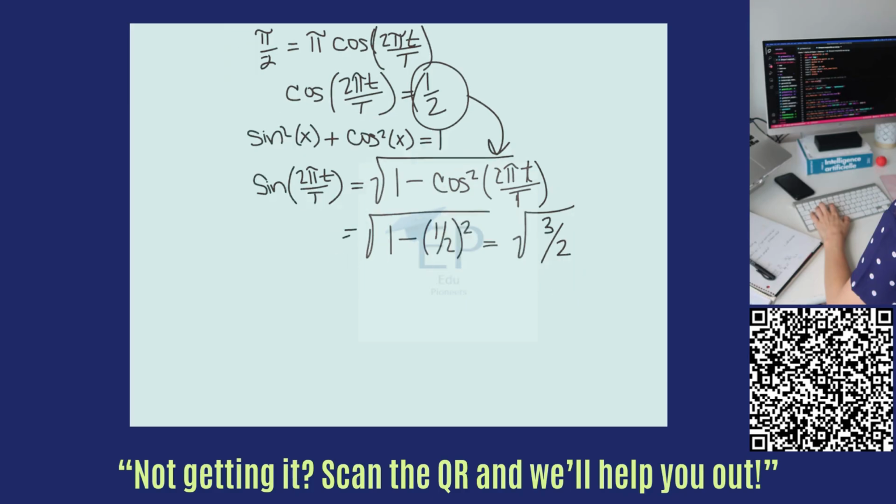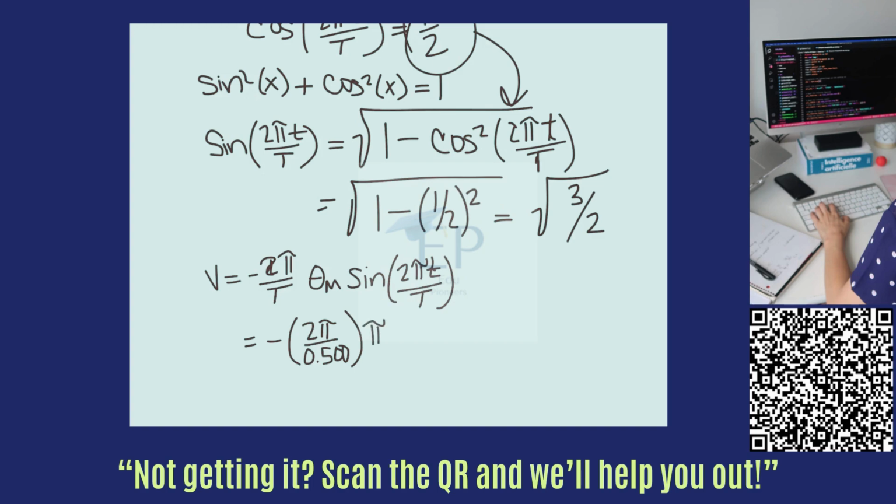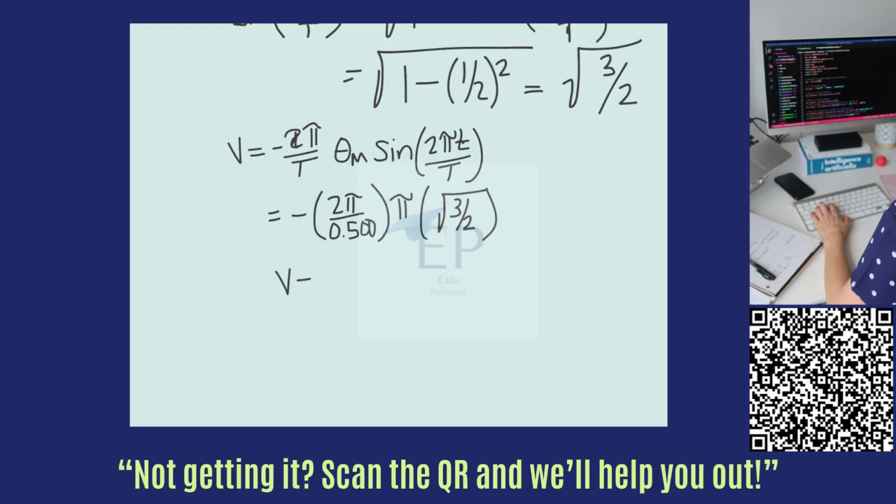halves. So now, using my velocity equation, where velocity equals negative 2 pi over my period times my angular amplitude sine of 2 pi at the time divided by the period, I can substitute in my values and get negative 2 pi divided by my period, which is 0.500 seconds, times pi rad times the square root of 3 halves, and that gives a final velocity of negative 34.2